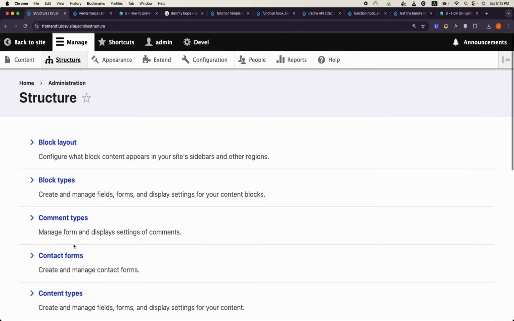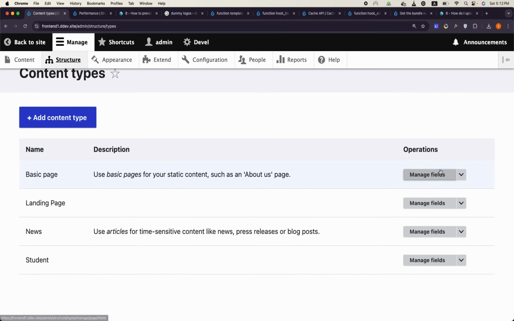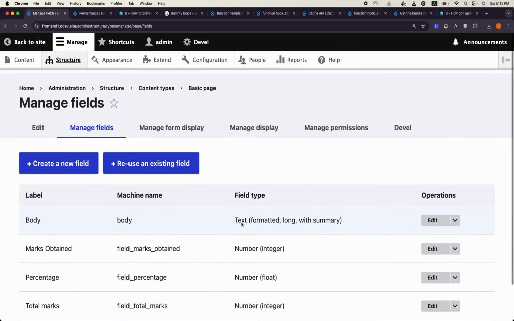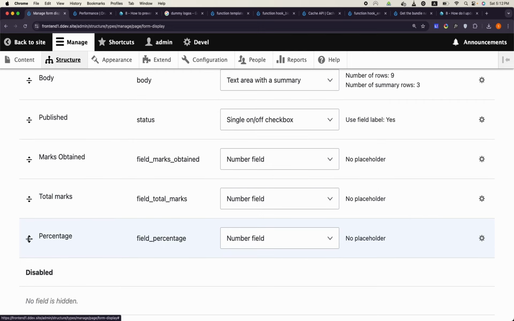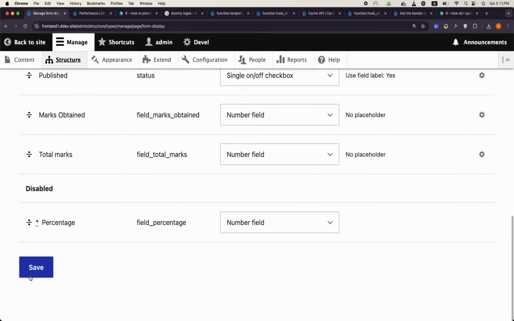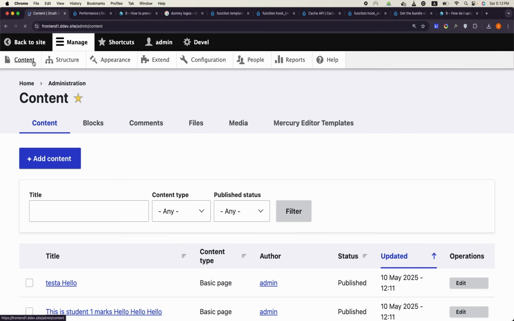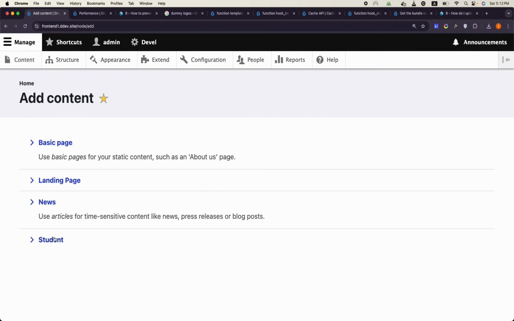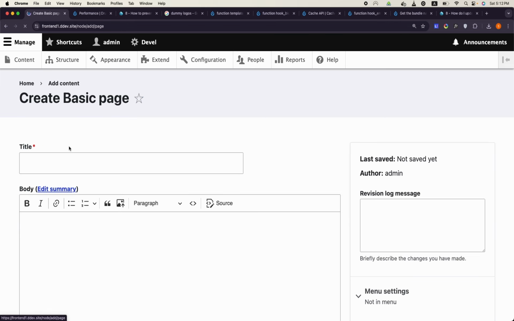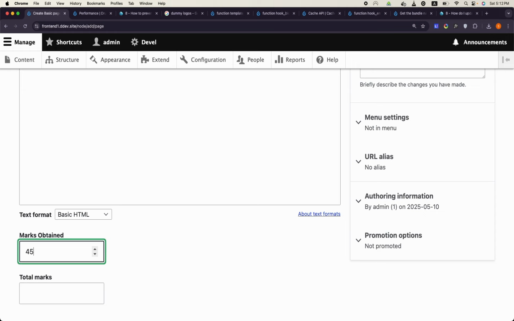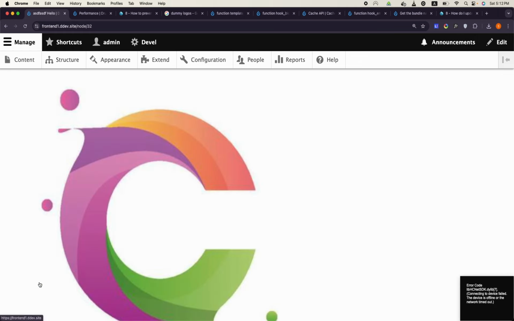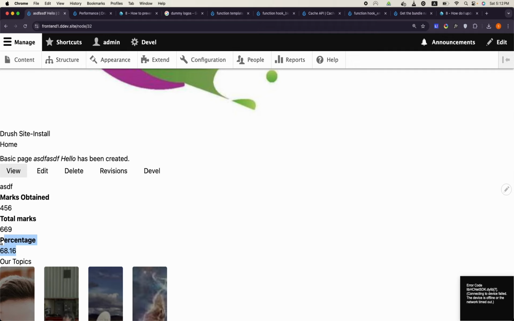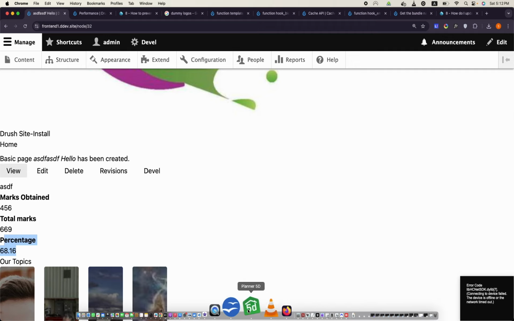And if you go to structure, content types, basic page, and manage form display, you will drag and drop it. Disable it. So even the user won't know that there exists a field for percentage. There is no percentage field on the form, but it will be visible on the node. Got it? So just with this code,